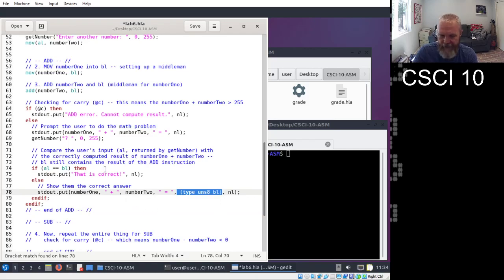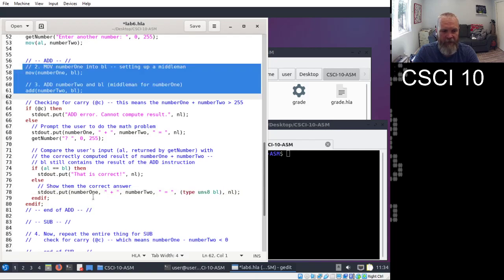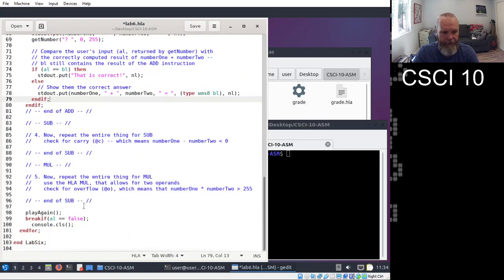Now that's a lot. We're going to run it right now just to see how it works after we added those two instructions. Except I haven't implemented play again, so I will comment that out of mine and just run it once at a time. It's fine.